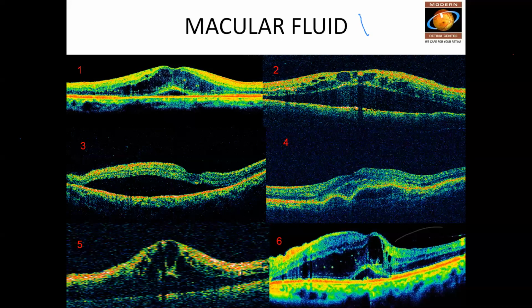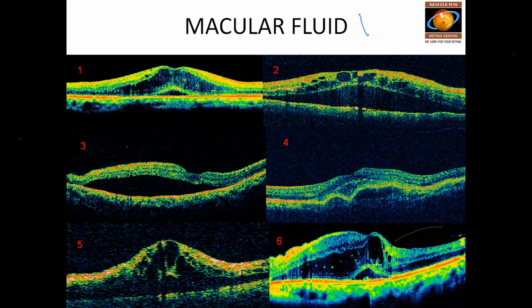And the other one is cross-line or radial scans. These take around 6 to 12 scans, like 360 degrees around the fovea. You take scans again, not to miss any specific lesion. Sometimes macular edema may be present infranasal to the fovea, or supranasal, or supratemporal to the fovea, and not in the center. So you do radial scans, you get all the sections, and accordingly you will know where exactly the edema is.